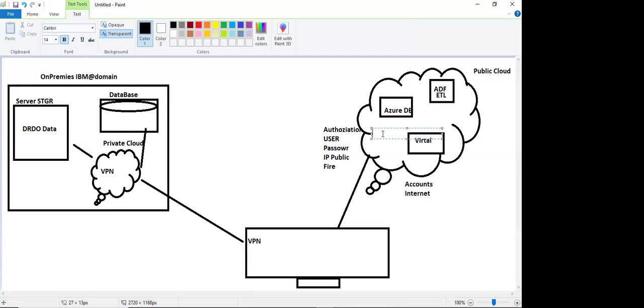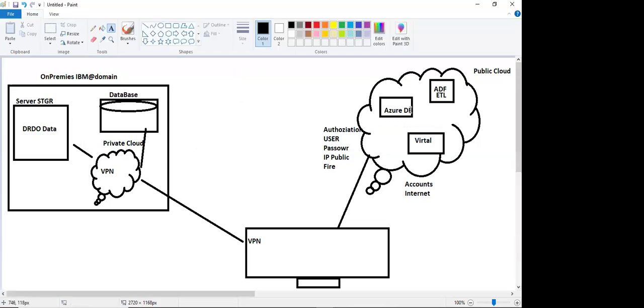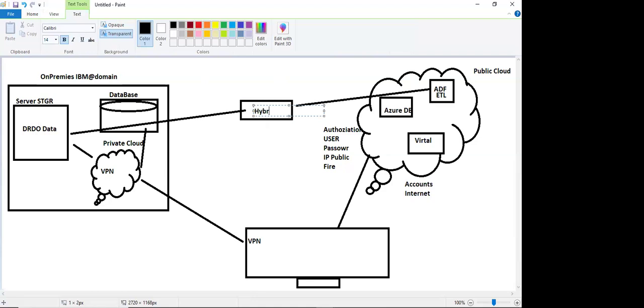So I don't want to store my data in the cloud. My data I'm going to use on-premises, but I'm going to use some services from the cloud. So this is a kind of hybrid application we call. This is called hybrid cloud. In this hybrid cloud, some services you're using from on-premises, some services you're